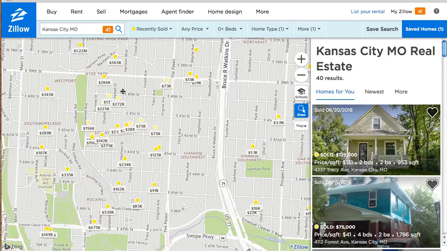I looked at the listings. They both look to be in similar condition. They're both built in the same year, but one of them is worth 50 or 60 or 70,000 more, or sold for, even in some cases, $100,000 more. Just from looking at this screen and these values, I have no idea why, but most